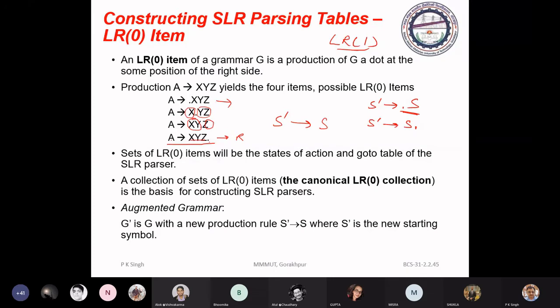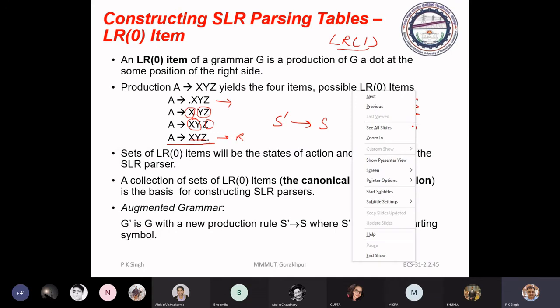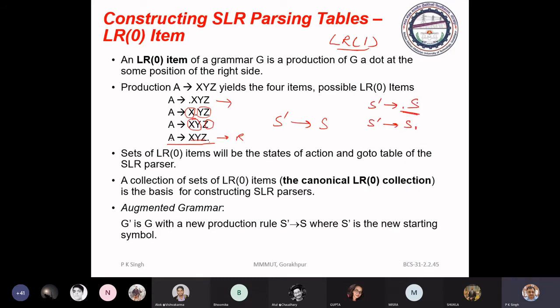And the item set having the second will say about the accept state. You have completed the parsing, because in bottom-up parsing you have to reduce the entire string to the start symbol. So we have to augment the grammar by introducing this production to identify the start state and accept state.